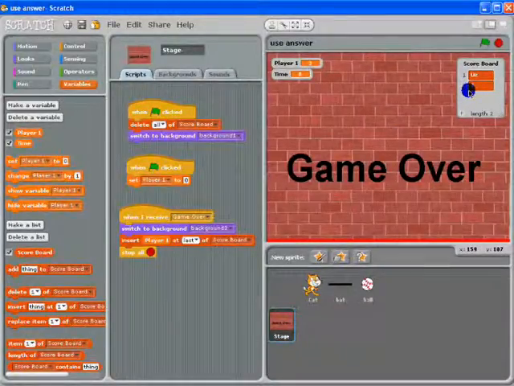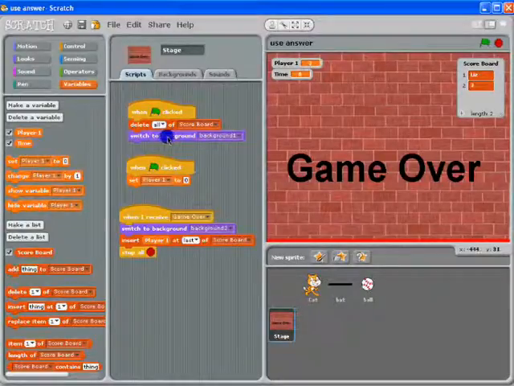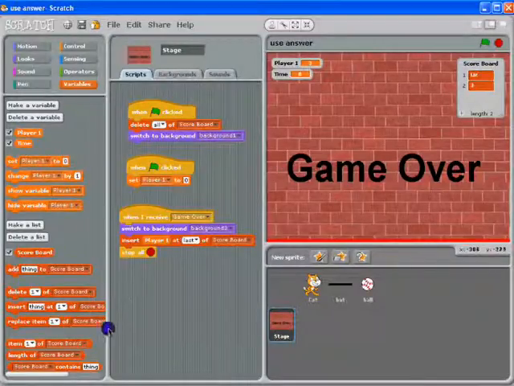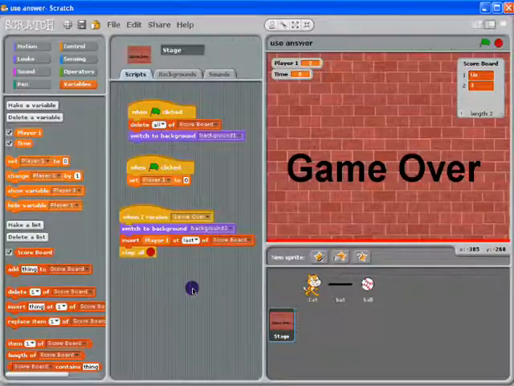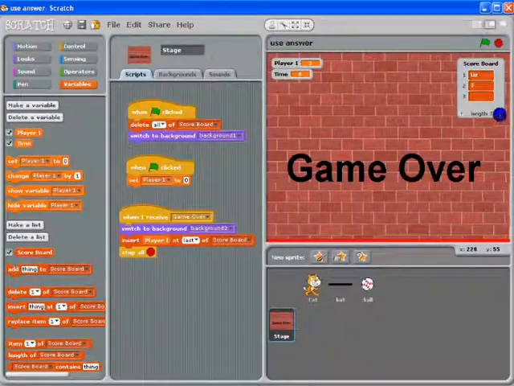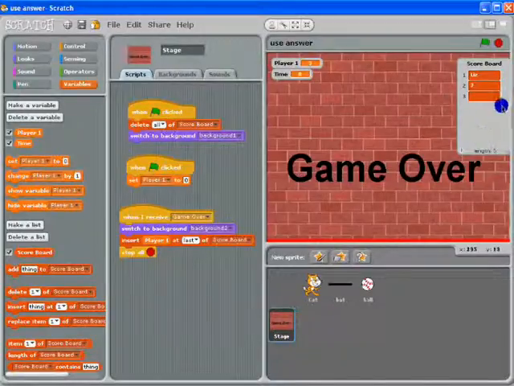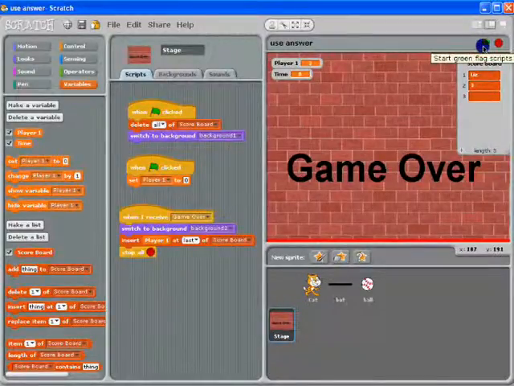Now I've just set this up so that when the green flag is clicked, all of the scoreboard is deleted. But there's no reason that you would have to do that. You could keep that there if you wanted to, and only clear it if the scoreboard length equals 10, for example. So you could have a top 5 or so. You can make it bigger. So you could just have a number. Okay, so that is how to use lists and answers, so something else for you to have a little play